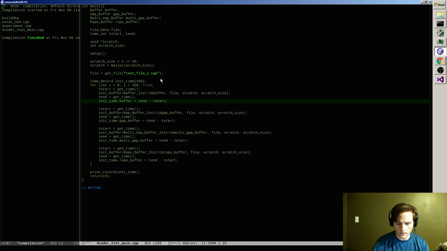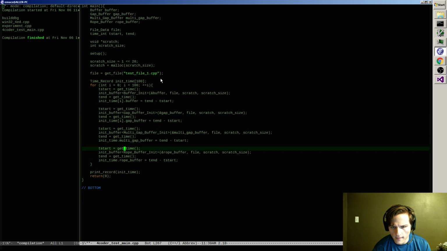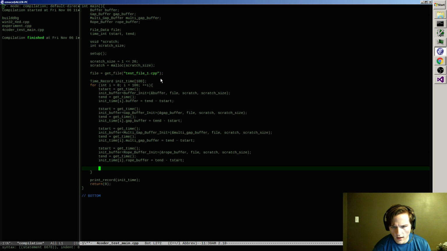I write into the I part of the array as I finish the test, and then afterwards I'll have to spend a little more time freeing all of this memory so that I can do it again.